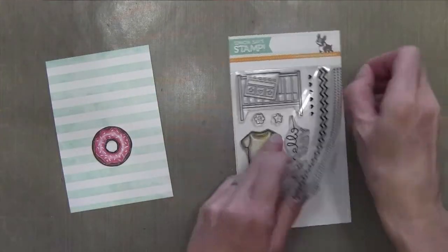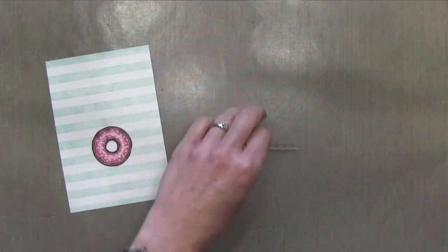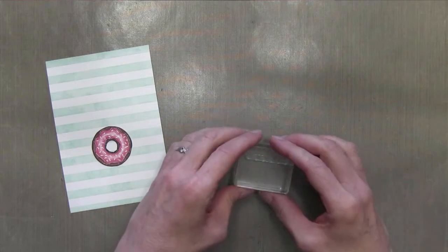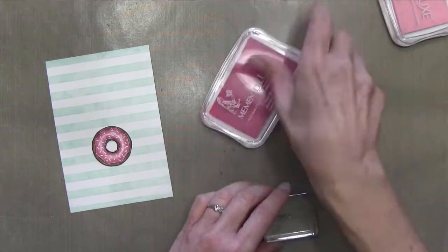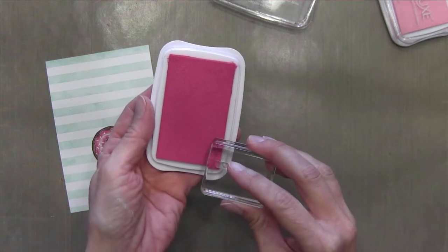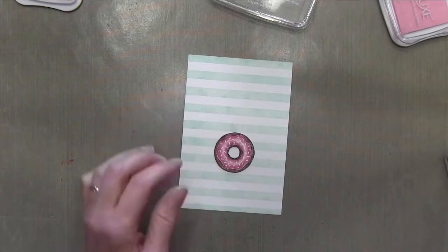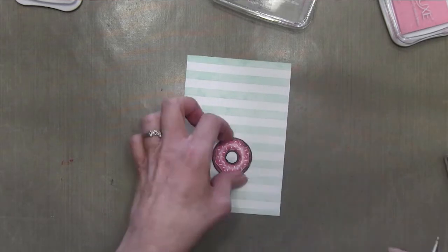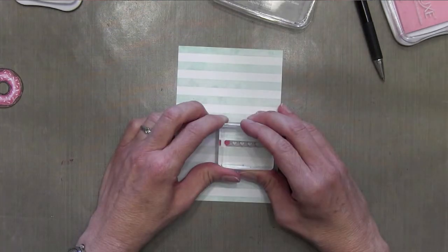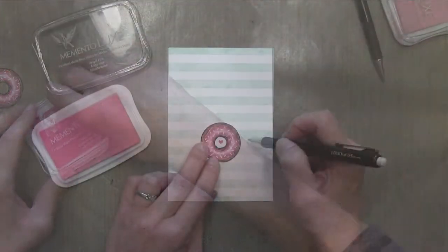Alright, this set is another set by Simon Says Stamp called Baby Love, and I'm just using the hearts in it, so if you have any kind of sequential heart stamp, you can use it here. And I'm going to ink up just one of the hearts with Rosebud Memento Luxe ink. And because it's clear, it's really easy to do. And I was going to stamp it right there in the middle of the donut, but then I decided to mark it instead. So I just stamped that with some Rosebud,